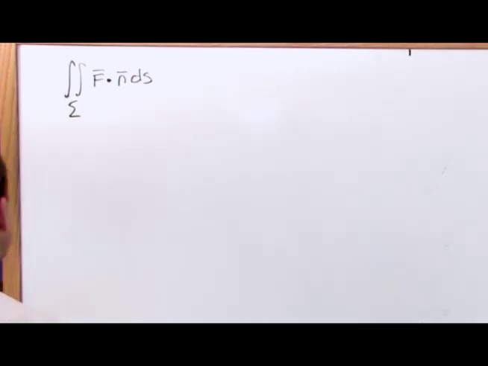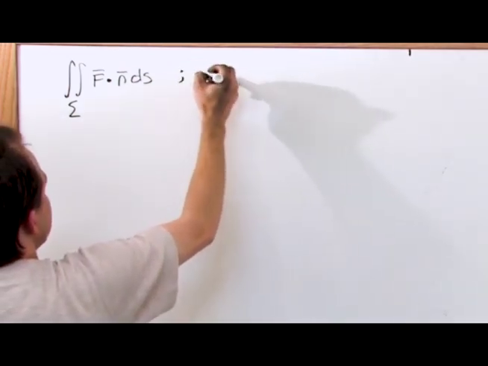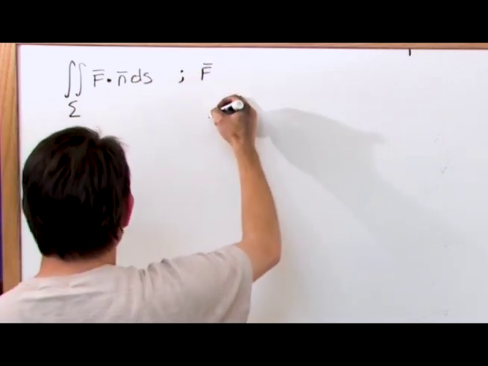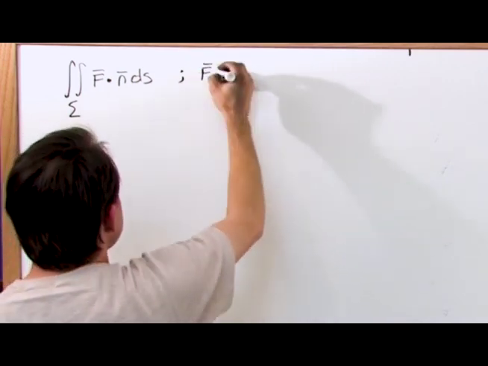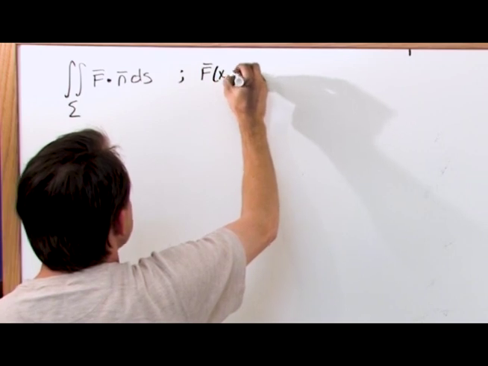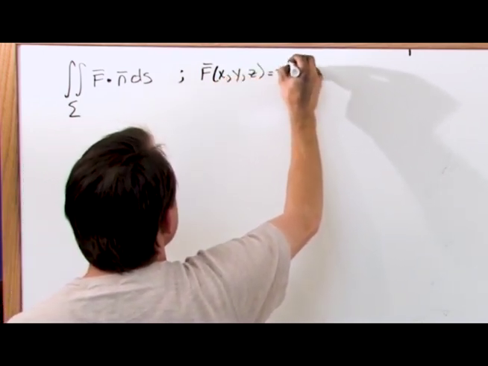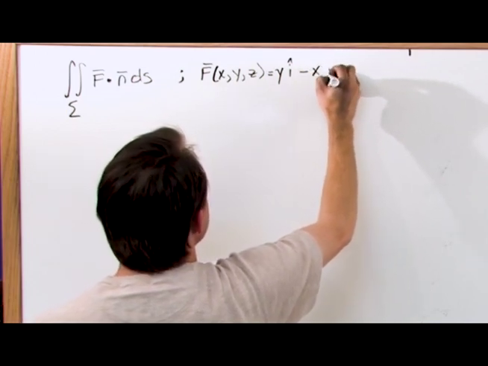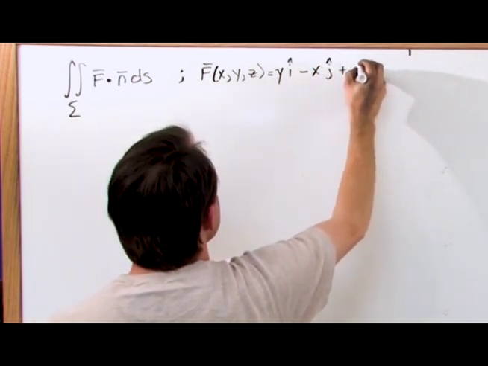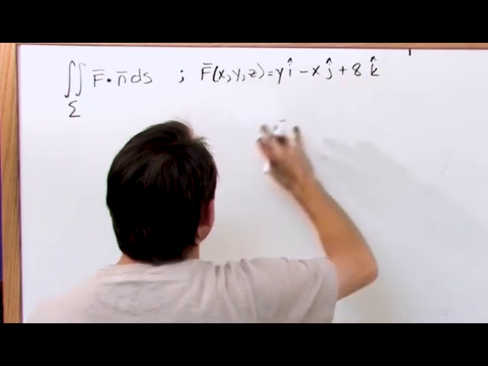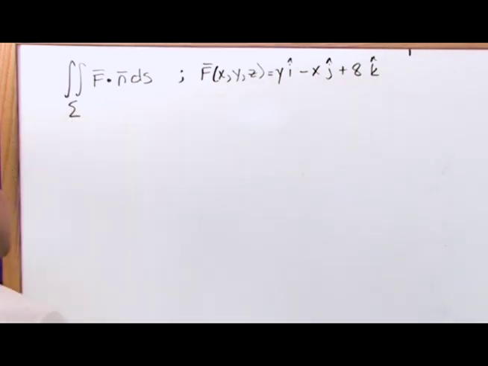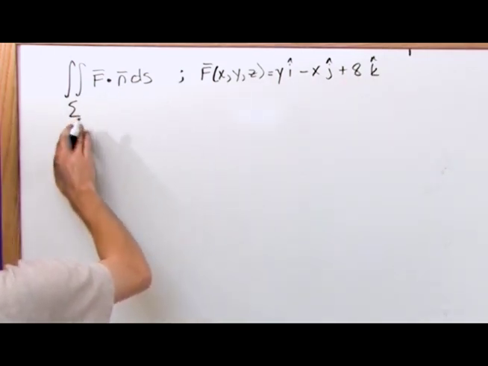What I'm given here is that the vector field I'm dealing with, a function of x, y, and z, is y in the i direction minus x in the j direction plus 8 in the k direction. That's the actual vector field that I'm integrating, and I'm going to integrate it as it flows through a surface,